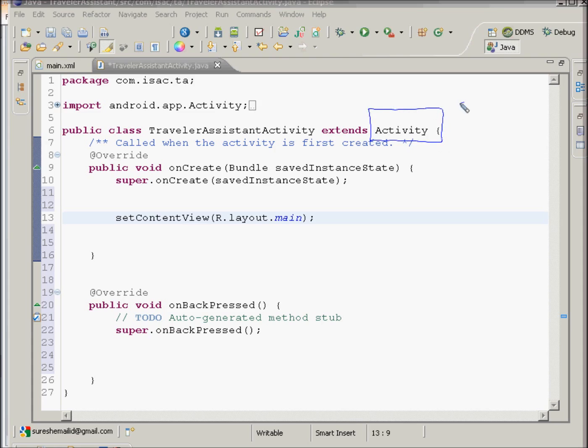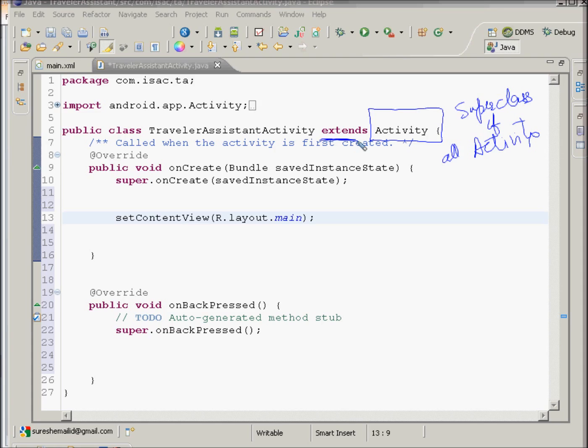This is the superclass for all activities. So you should always extend this to create any new activity. If you want to create a new activity, you should always say public class, some class name, extends Activity. Now, when you do this,